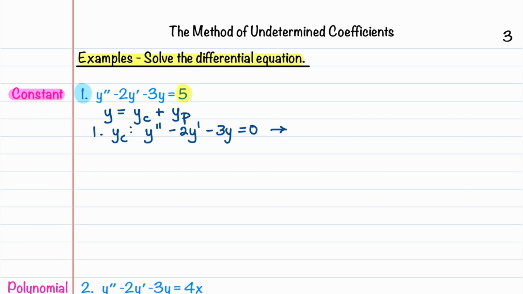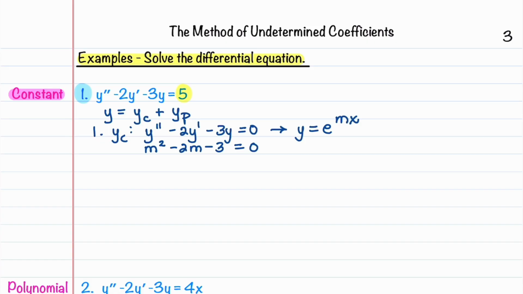To solve this equation, we are going to substitute in that y is equal to e to the mx, because that's what the general form of the solution looks like. When we plug that in, the exponential ends up canceling out, and we get m squared minus 2m minus 3